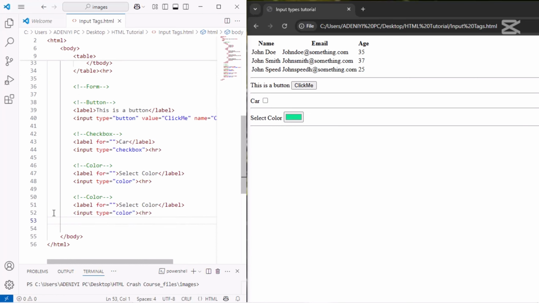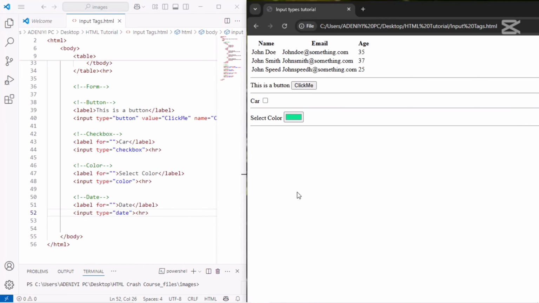The next tag we're going to be looking at is the date tag, and that allows you to select a date. You can use that for date of birth, date of employment, date of pretty much anything. The label should just be date, not dates. Why can't I type properly today? Date. Okay, so the input type will also be date. If we save that and refresh,